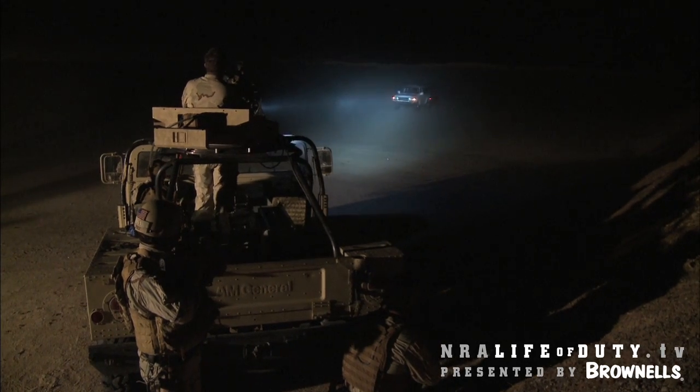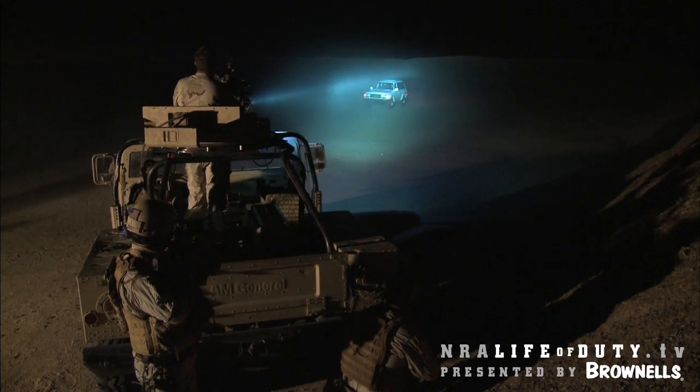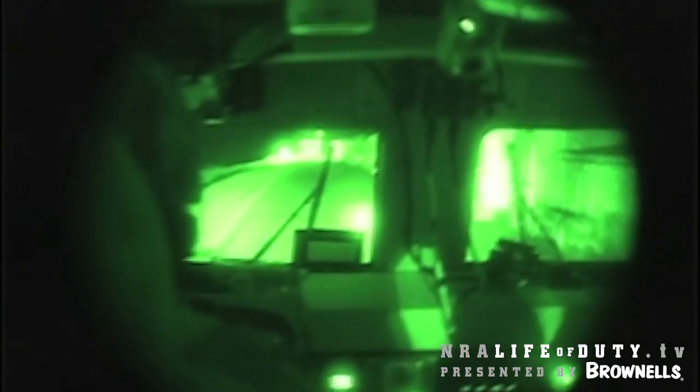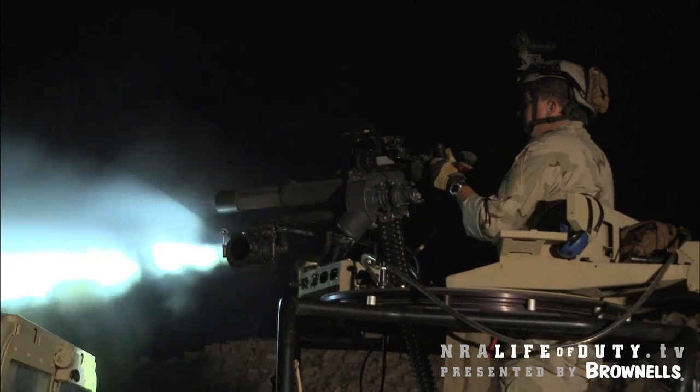HellFighter's a great white light, but what it may even be better as is when you flip the IR cover over, it's an awesome IR light. We've had stories with people using HellFighters in Iraq, running down the roads under IR and using them to spot IEDs or white light. It dovetails right into the military doctrine of fight at night and own the night with the technology. It's a perfect complement to all the current system NVGs that are out there,